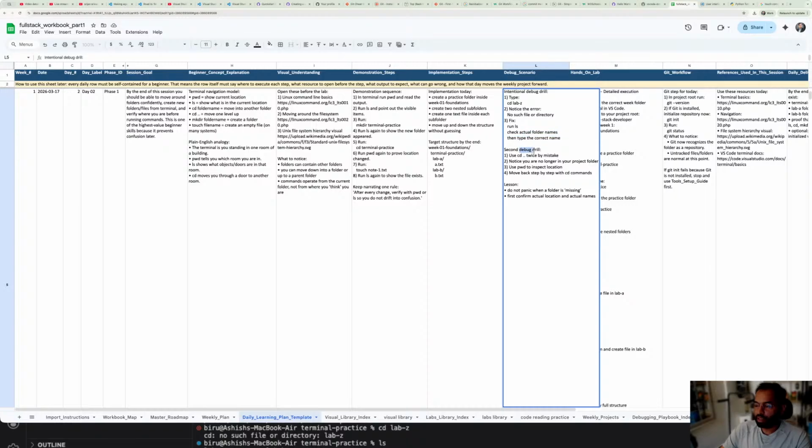Second debug drill, use cd twice by mistake. I created an error with cd, so use cd twice by mistake. Notice you are no longer in the project folder. Move back step by step with cd commands. Do not panic when a folder is missing. First confirm actual location and actual names. So if I type cd,